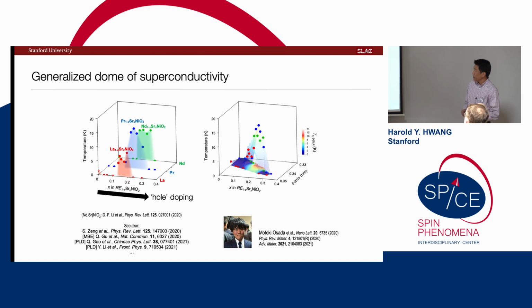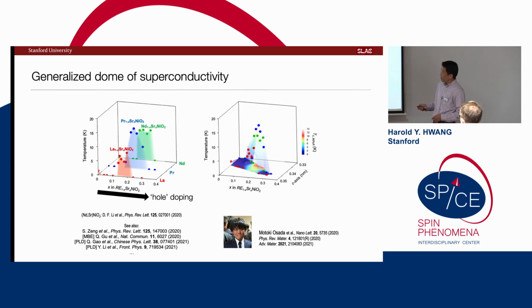So there's been a lot done. I will just give you a survey of a couple of the issues. Immediately after this, we and now other people in the group, there's been a number of efforts around the world, finding both by PLD, MBE, and recently even sputtering techniques. It doesn't seem to matter in detail. But if you can stabilize this perovskite precursor in reasonably high quality and do this reduction chemistry, then you indeed can induce this superconducting phase.